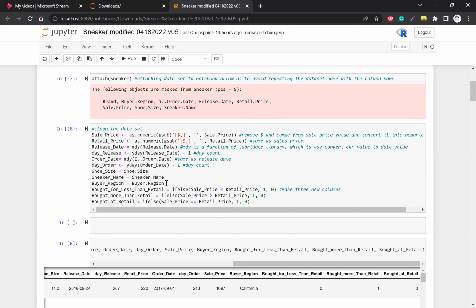So for this model, I didn't change the values, but later when I use multiple linear regression, probably I will change those values. But for now, I keep the sneaker name and buyer region as they are. We have here 51 states and 51 sneaker names. And then I create 3 new columns: